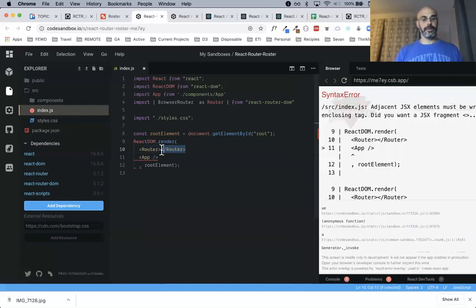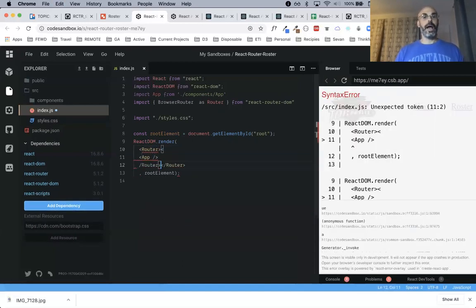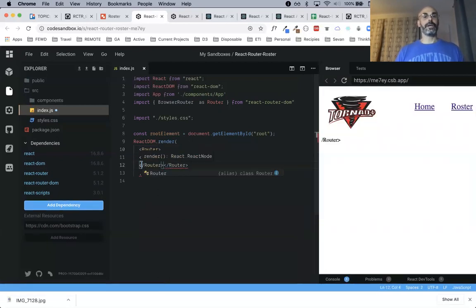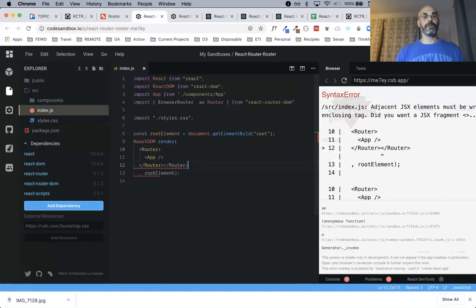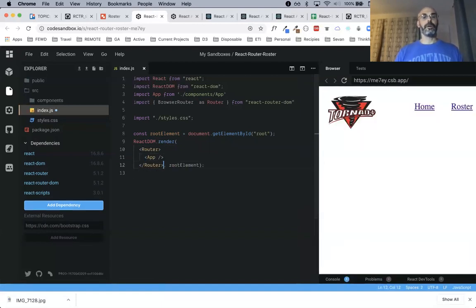So I'm going to take this, and wrap Router around it. I'm going to move this over. Move the comma up here. Move the root element there. So what I've done now is taken the Router component and wrapped it around App.